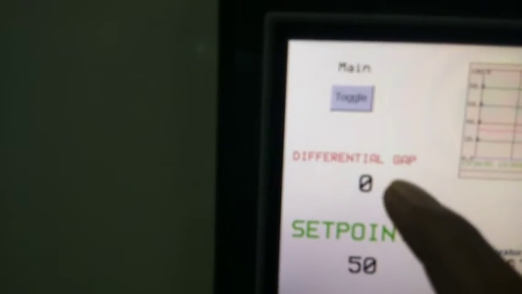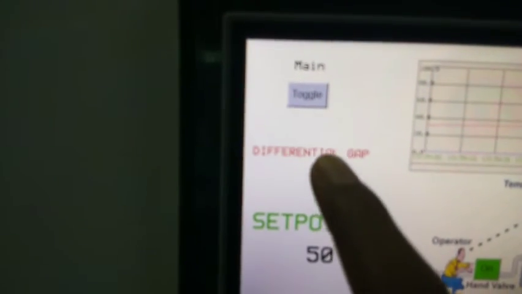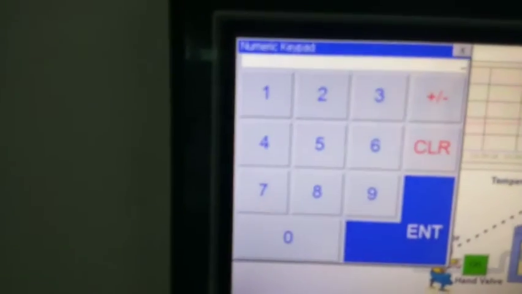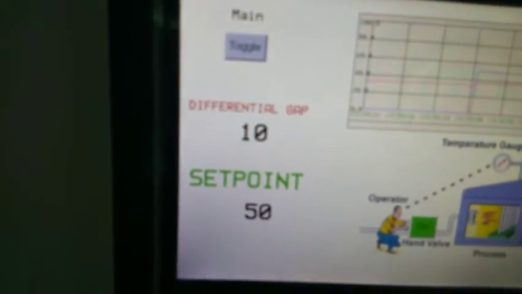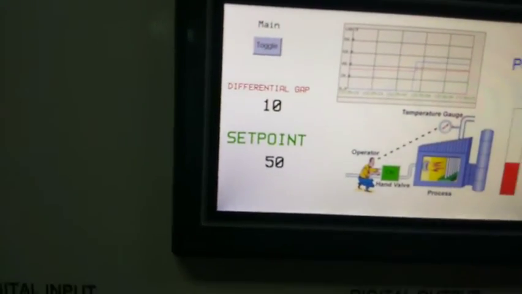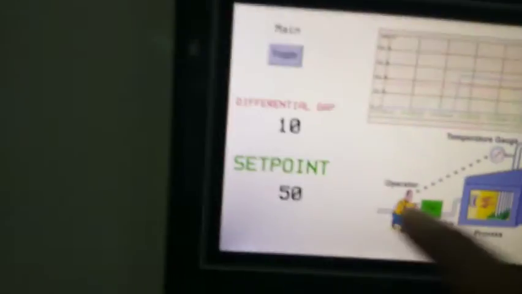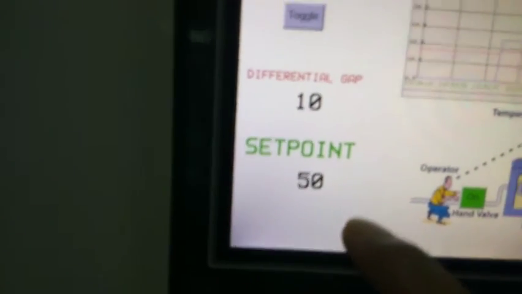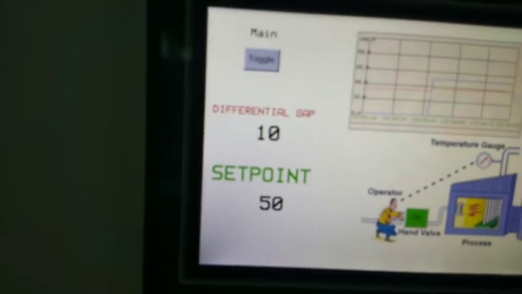The differential gap can also be set. I am going to give 10. 10 means the tolerance is plus or minus 5. So if the set point is 50, up to 55 the heater will be on.